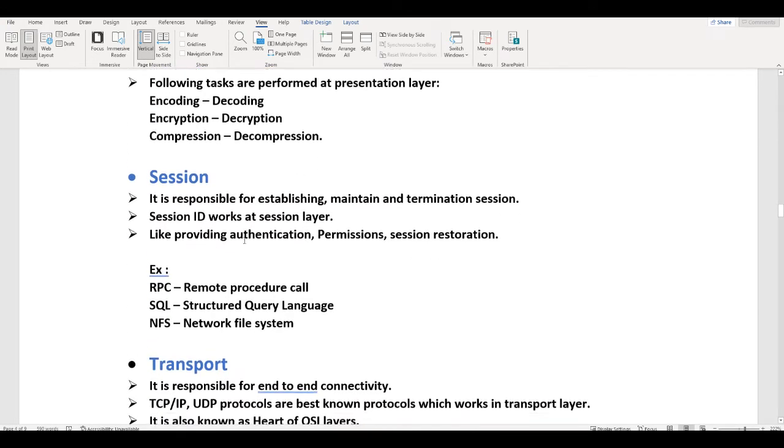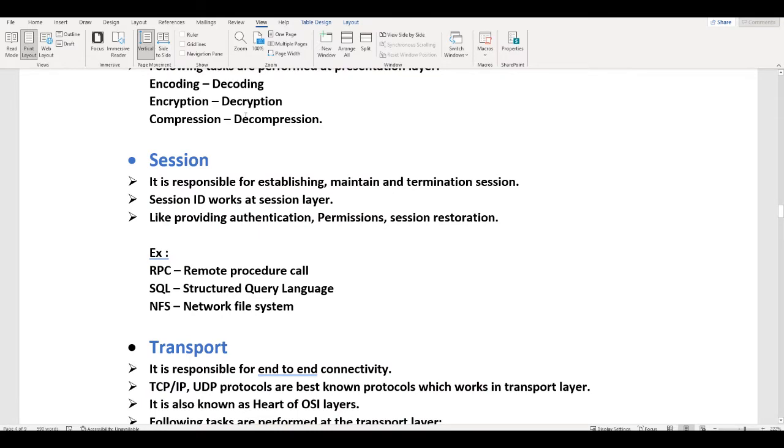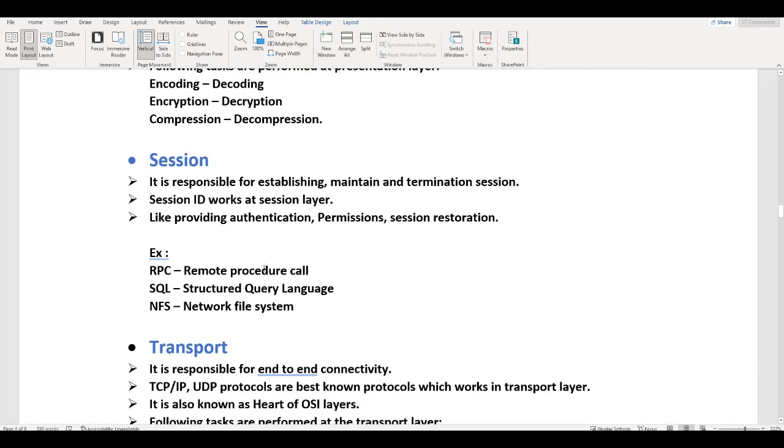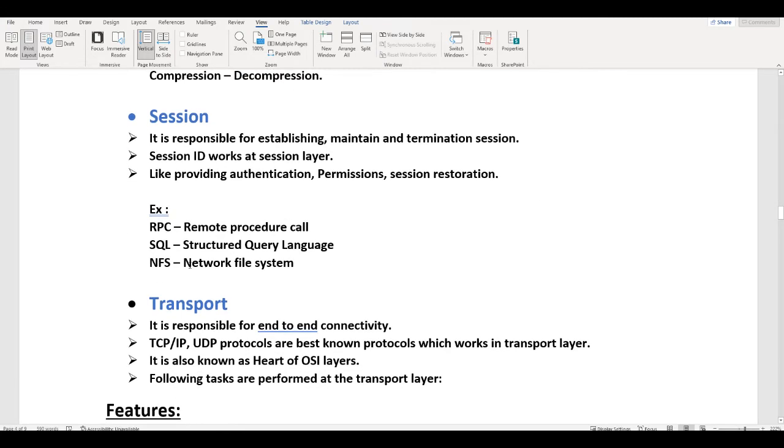The next layer we have is the session layer. Once the presentation layer converts the data, it will move it to the session layer. It is responsible for establishing, maintaining, and terminating the session. Session IDs work at the session layer, providing authentication, permissions, and session restoration. In this layer the following processes work: RPC, Remote Procedure Call; SQL, Structured Query Language; NFS, Network File System.